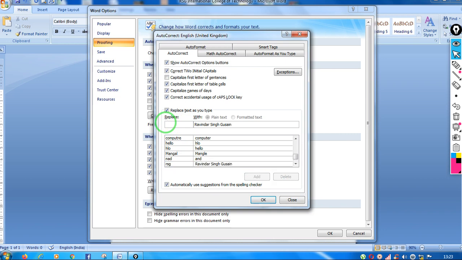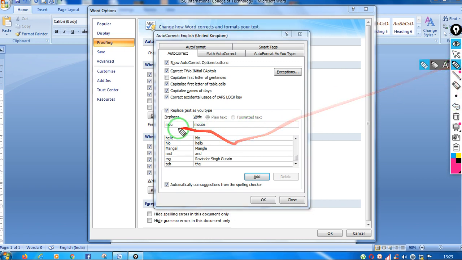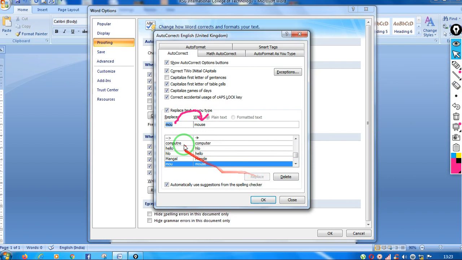Suppose I am writing MOU, and when I write MOU, it will automatically replace that word with the word mouse. So I can add it also. These are the words that I have added.